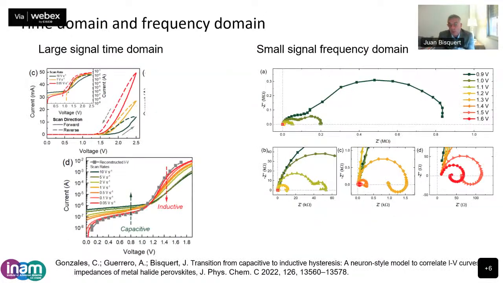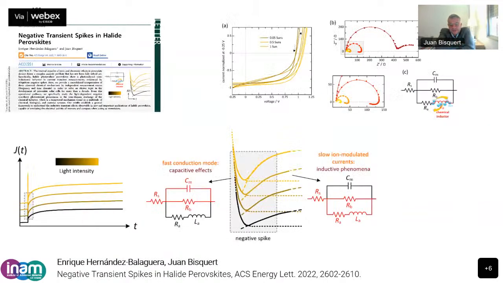So I repeat, now having this type of quantitative models with a few differential equations, we can explain the large signal time domain and the small signal frequency domain. So this is a very powerful resource, and we want to exploit it for different types of systems. One thing we can do is calculate all the transients now that we have a good model, and this is for a voltage pulse, and it has been observed since the beginning of research on perovskite that the switching on